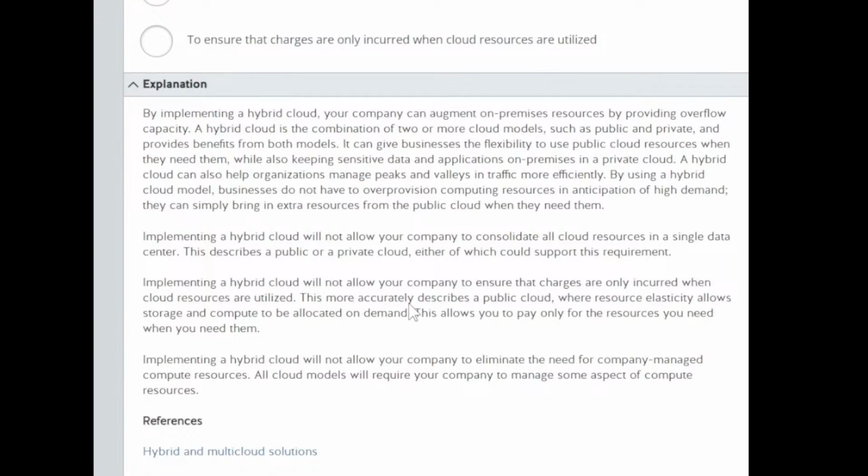This more accurately describes a public cloud, where resource elasticity allows storage and compute to be allocated on demand. This allows you to pay only the resources you need when you need them.